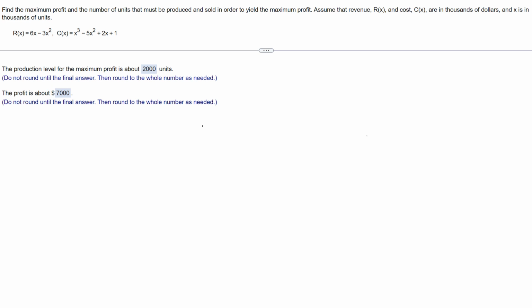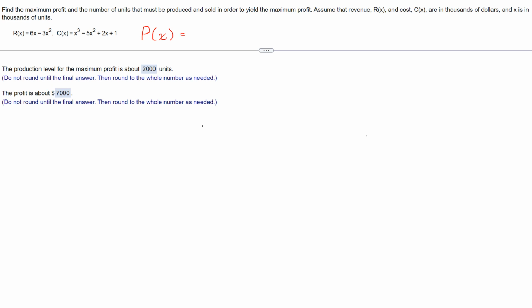It says we want to find the maximum profit and the number of units that must be produced and sold in order to yield the maximum profit. Assume that revenue, R of X, and costs, C of X, are in thousands of dollars and X is in thousands of units. Okay, so the way I approached this was I know that profit